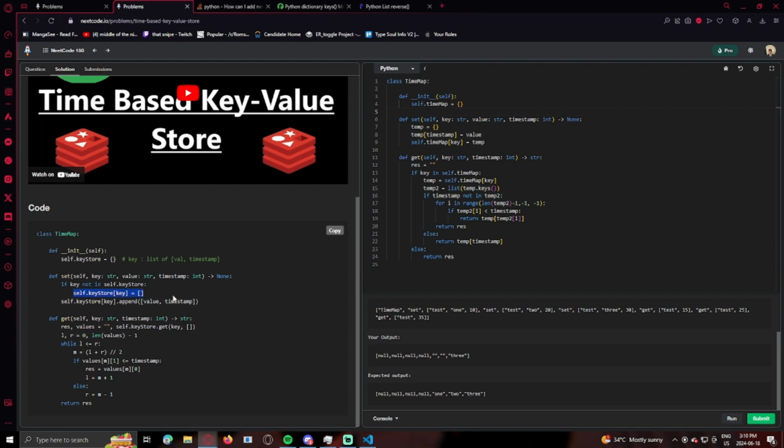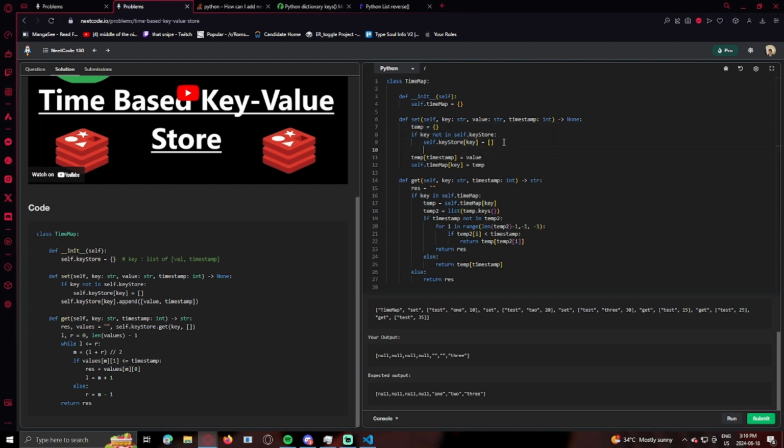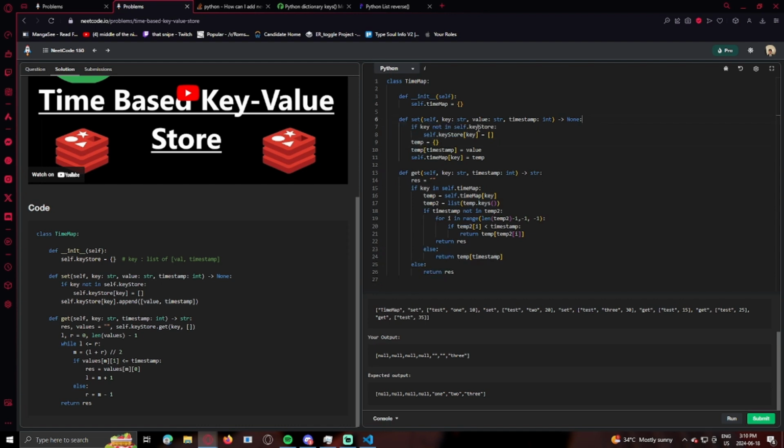It might have been this that's breaking it then. Oh wait, that makes so much sense. If key not in self dot time map